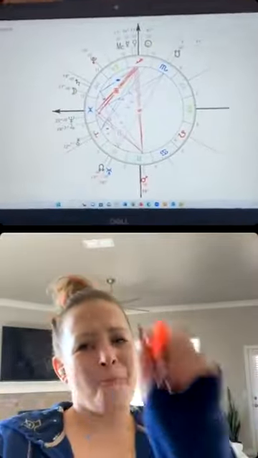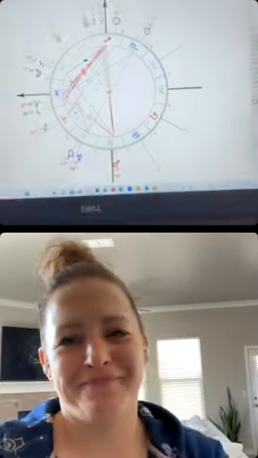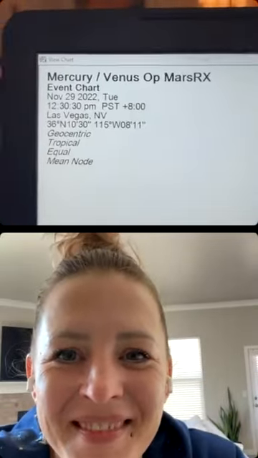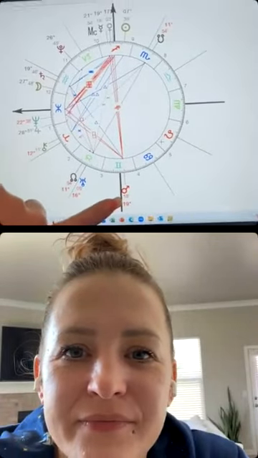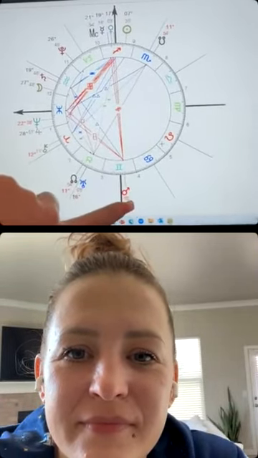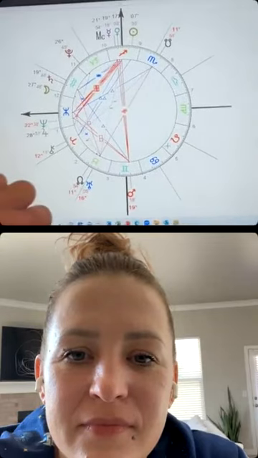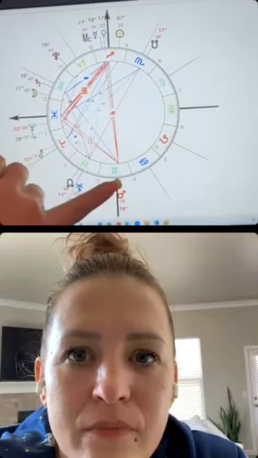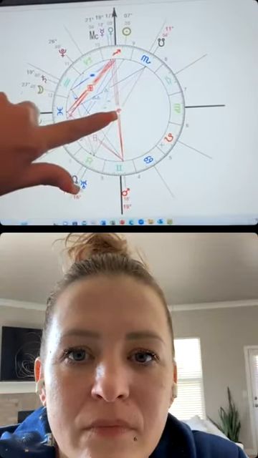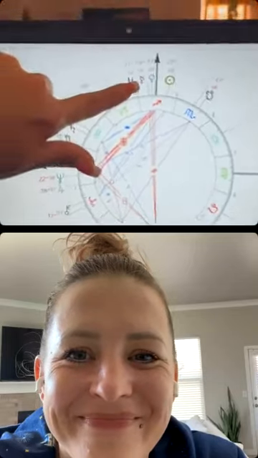I am going to show this. Okay. So here's the wheel. This is for the opposition. I didn't want to do too many things, so we're going to be looking at this. This is Mars right here, and here's Gemini. If you want to get super intricate, 19 degrees or so of Gemini. This is where Mars is in your chart for this opposition, and as you can see, these lovely red lines going straight across.